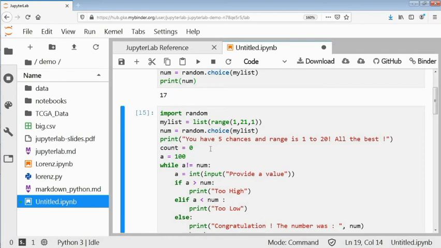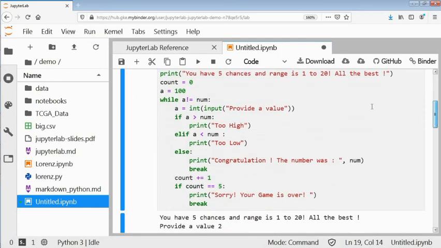Then I print that you have 5 chances and the range is 1 to 20. All the best. Then I am counting. I took a variable count with initial value 0, and another variable a with initial value 100, because my range is 1 to 20, so I took some other number which is not similar.